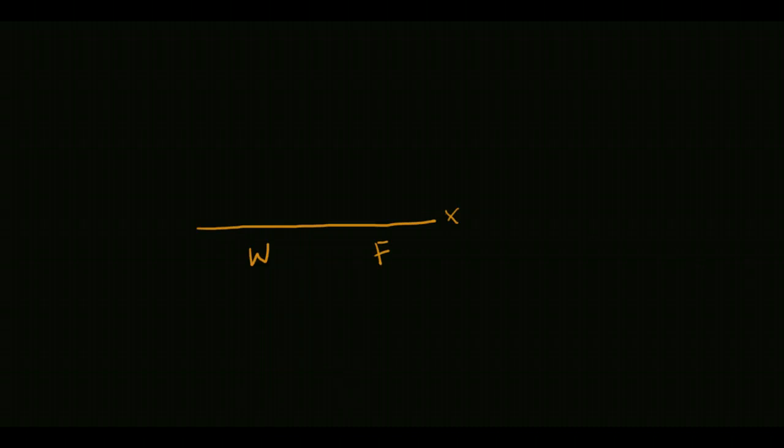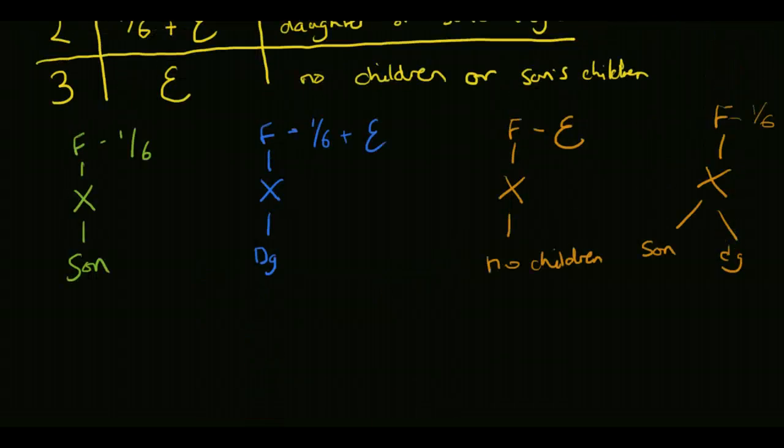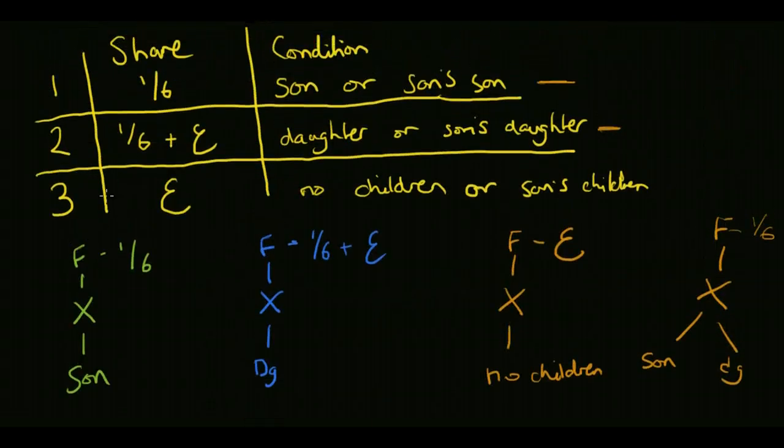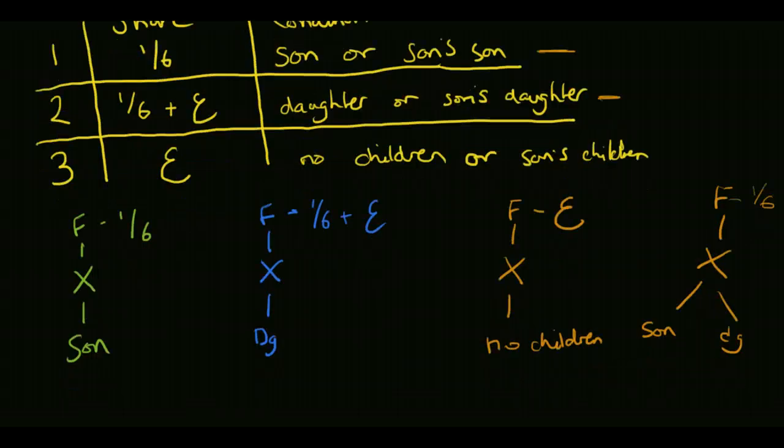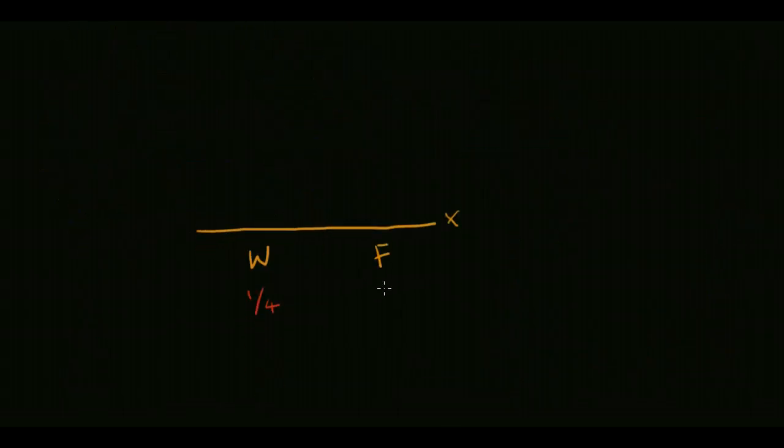We know from previously that the wife's share is either an eighth or a quarter, and it's a quarter in this situation because there are no children. And we know from what we've just covered that if there are no children, then the father receives the remainder, or the asaba. So father gets asaba,